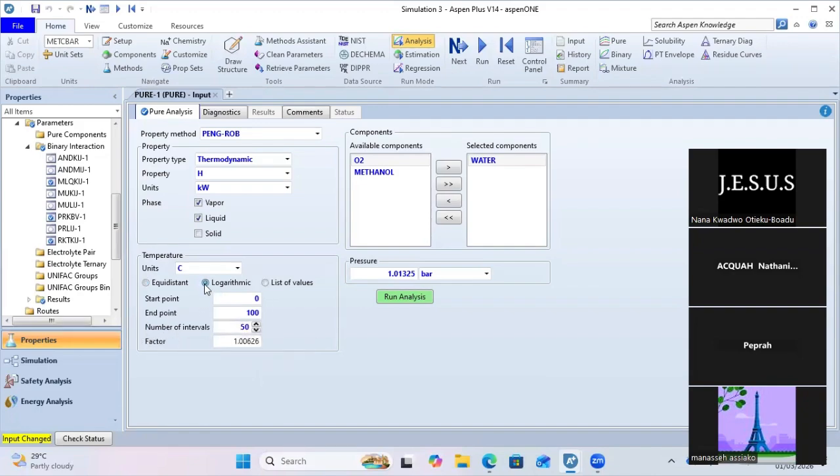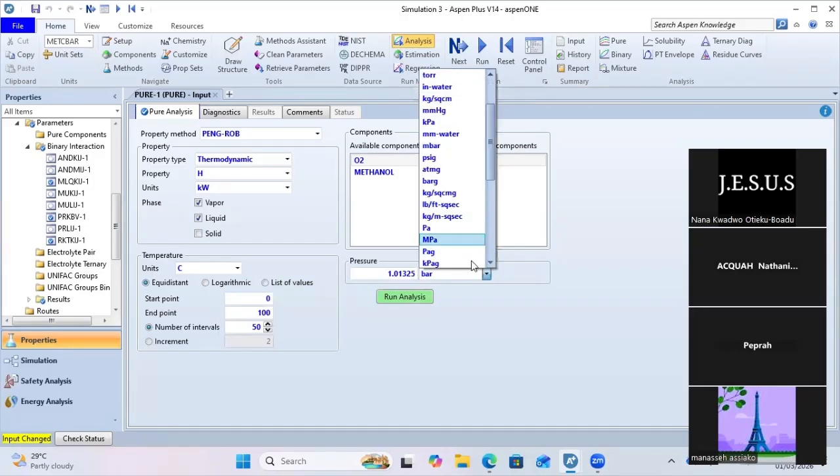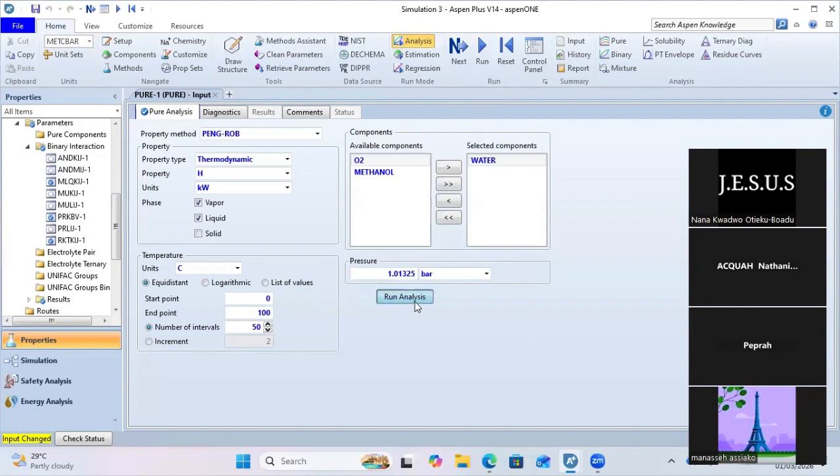Or you want it on a certain logarithmic scale, or you want to enter specific values. You don't want a full range, you just want specific values. So maybe you just want 30 degrees Celsius, 50 degrees Celsius, and 100 degrees Celsius. You can do that as well. You click on list of values and choose the specific values you want to use. So keep it on equidistant. Then under the pressure, you can enter the pressure you are running your analysis under. You can also change the units. So if we click on run analysis,